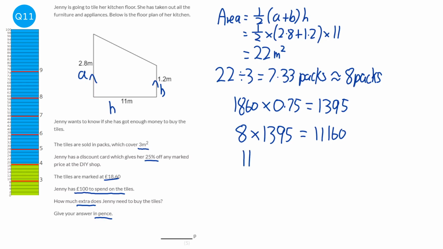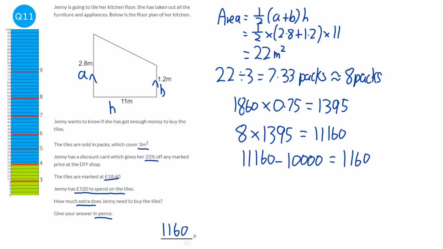So we're going to do the 11,160, take away the 10,000 pence that she has, which will give us 1,160 pence. So she needs to find £11.60 or